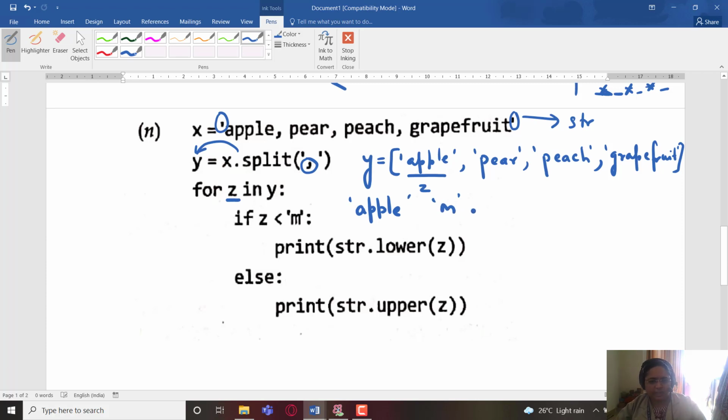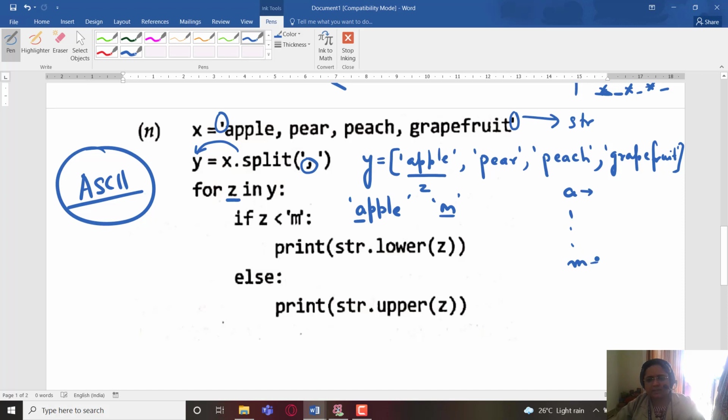Now in the alphabetical order, or also in the ASCII order, small a comes before M. If you are confused with ASCII order, then don't be confused, because we will be considering the alphabetical order. So in the alphabetical order, A comes before M, and A's ASCII value is less than that of M.